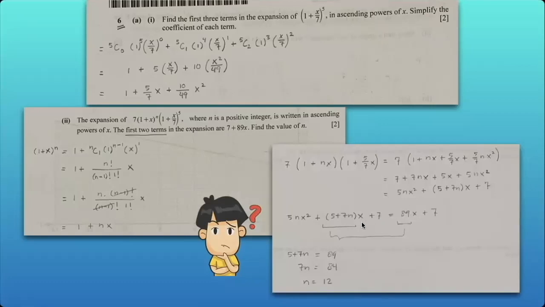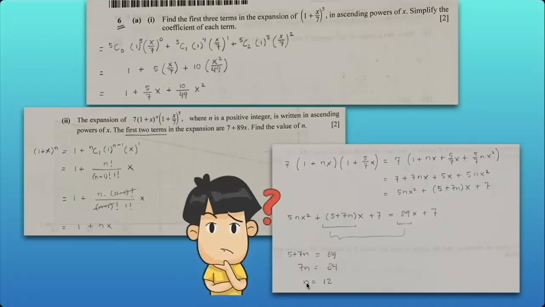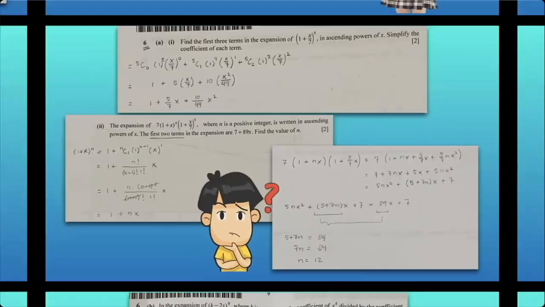Now let's take a look at the coefficient of x. Okay, here we have 5 + 7n on the left-hand side, and we have 89 on the right-hand side. Therefore, n is equal to 12. Next,